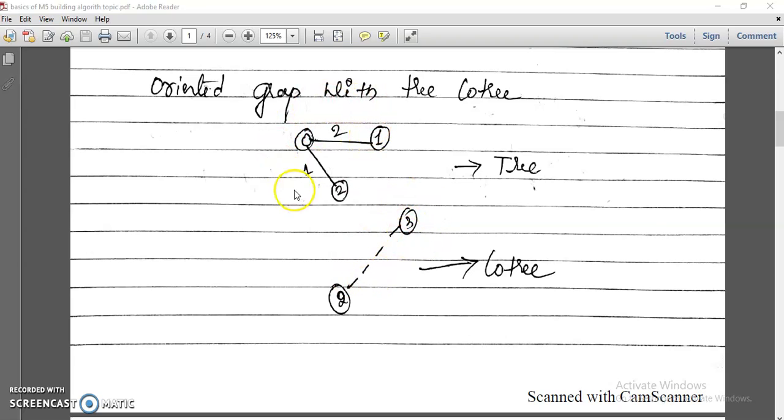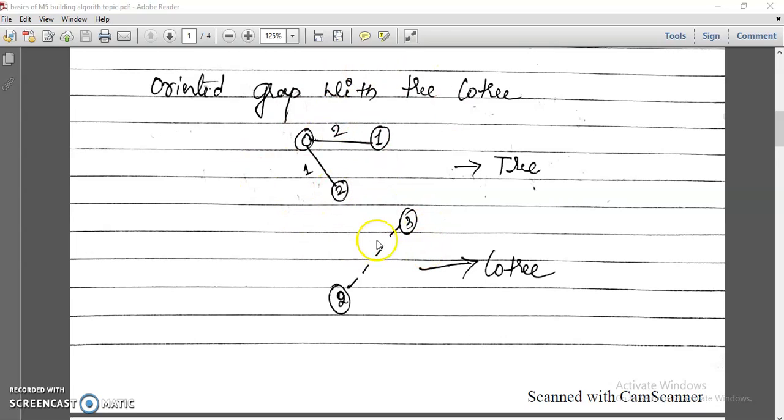Okay, so now this is nothing but the tree here. The tree consists of only nodes as well as branches, and the coterie consists of only links. These are nothing but subgraphs, you can call them. If you add this link to this network, then it will form a loop. So branches form the tree and links form the coterie, and if you add a link to a particular line, it will form a loop.